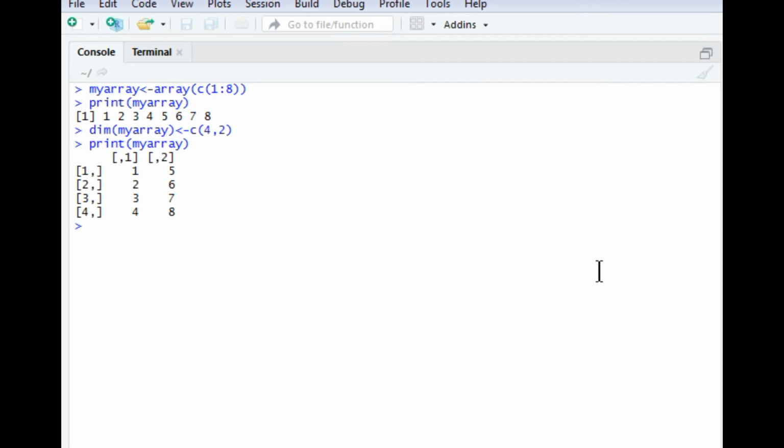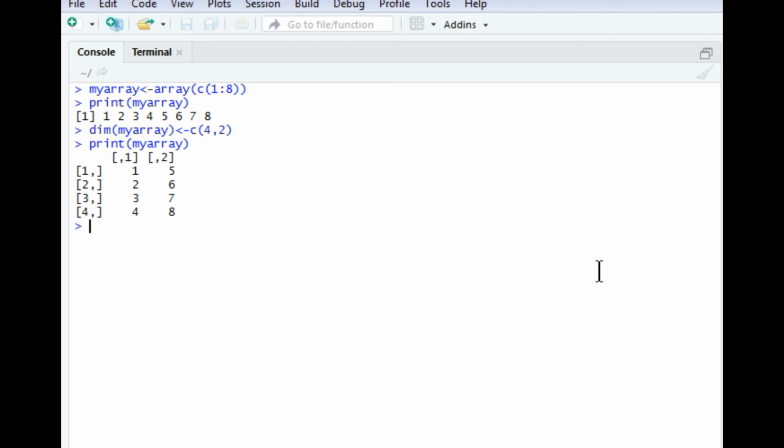Now there is one more utilization of array: we can use multiple matrices in an array. Suppose we have to create two matrices from a single array.